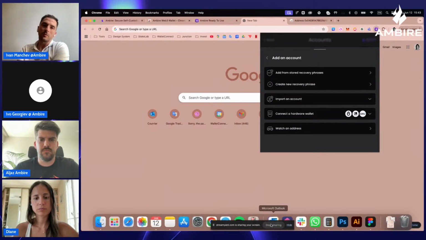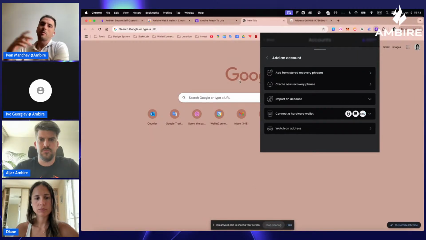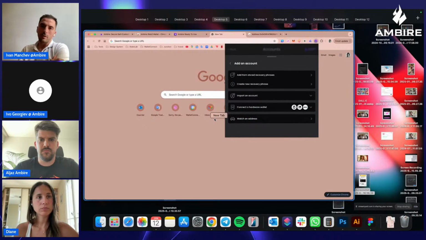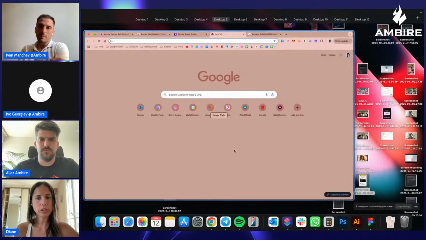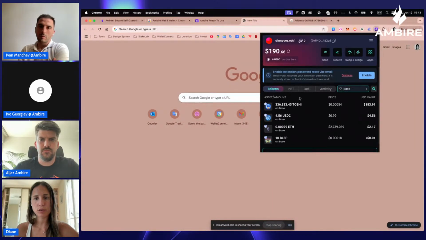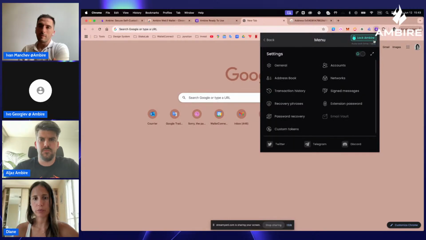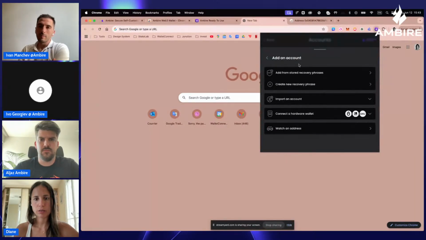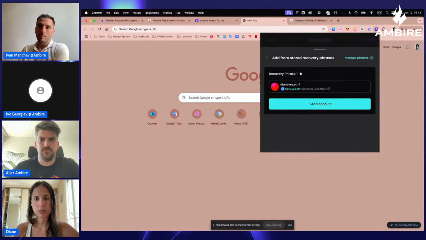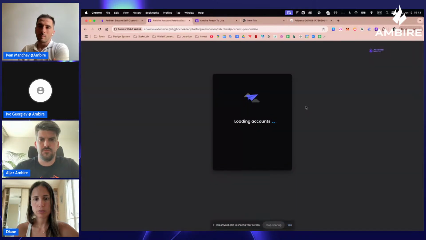It's add from stored recovery phrase. This will use your current recovery phrase and create a wallet derived from it. But it won't expose it if I select the first option. Yeah. Okay. It won't show any recovery phrases on your screen. Don't worry. It says stored, so it will add from your stored. Yeah, that's it. Okay.